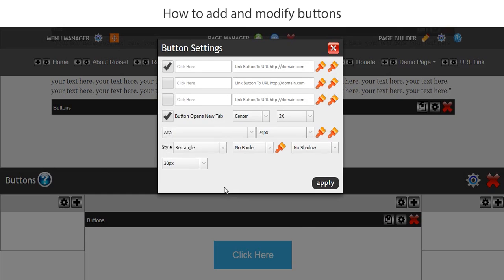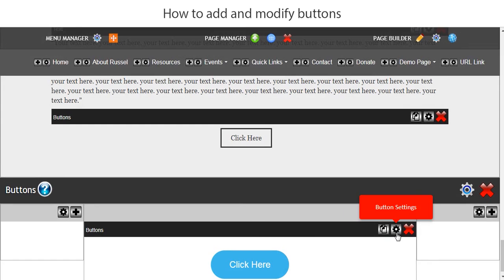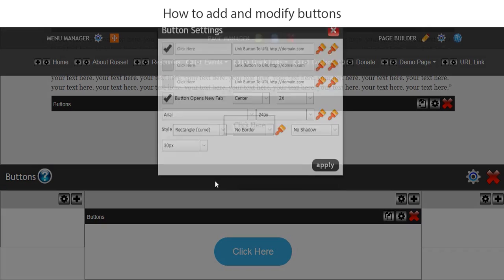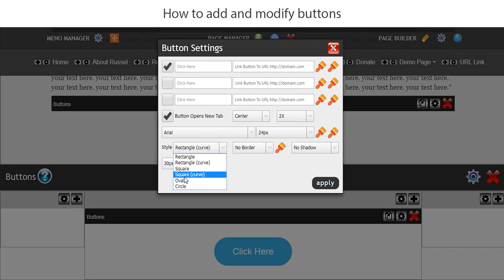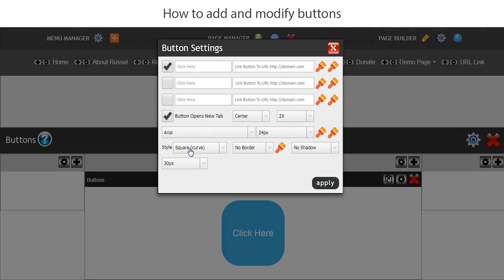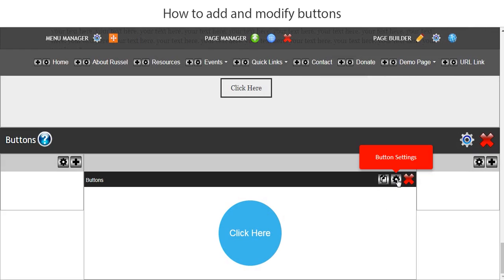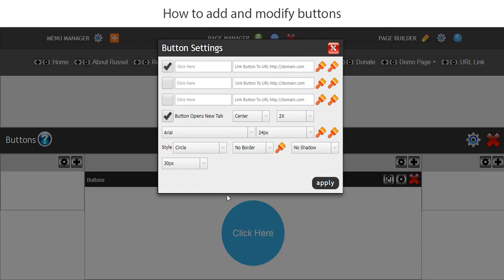And I think we need to add some shape to this as well, so let's change it from being a rectangle to a curved rectangle, and I'm just going to show you some other shapes that we can have this button. Now the others, so this is the way we will keep it, but let me just show you some other styles that you can choose. You can have a square curve. Let's just apply that. Or you could have a circle. So really the style in terms of your button is pretty much limitless. You can have it in any style that you want it. So let's go back to a rectangular curve,